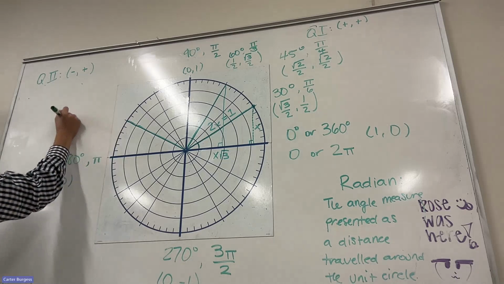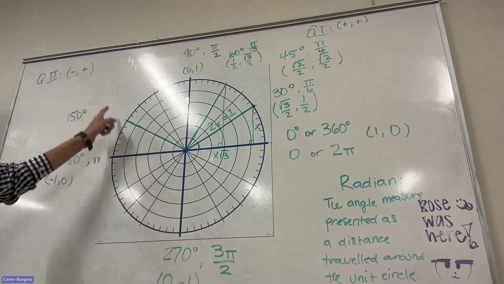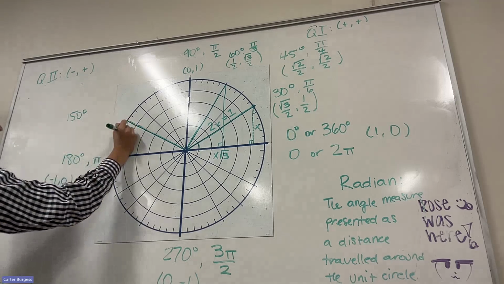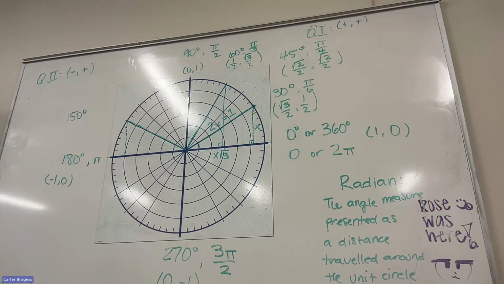That would be 150 degrees. And notice again, the triangle is exactly the same. And so what is going to be true about my x length and my y length for a 30-degree under rotation in quadrant